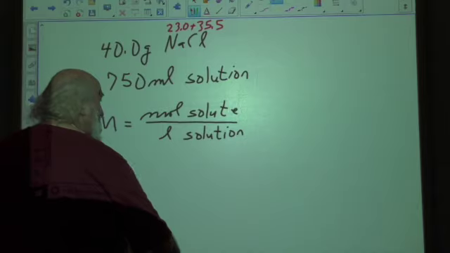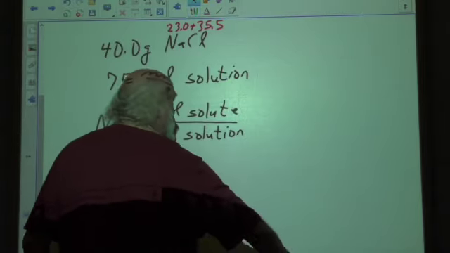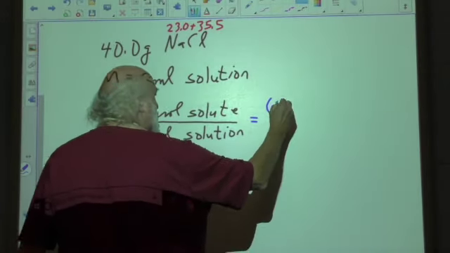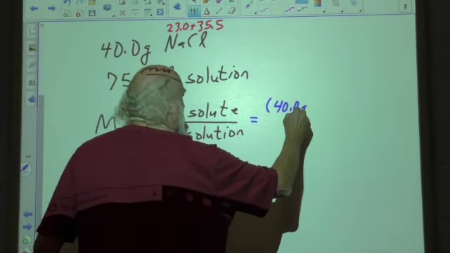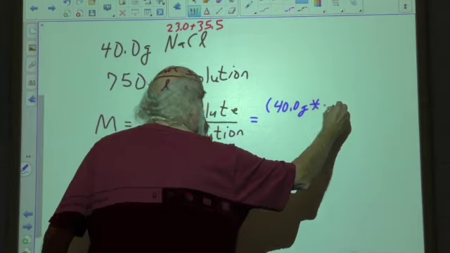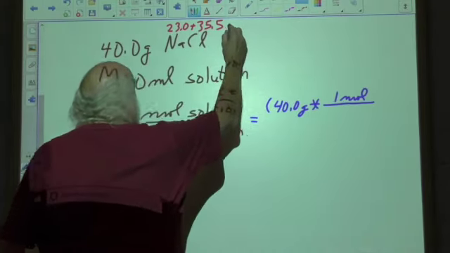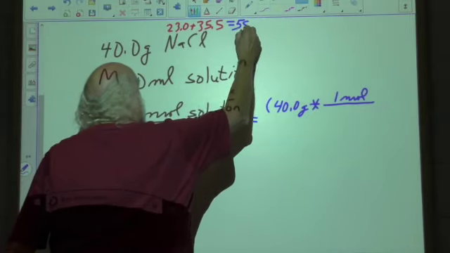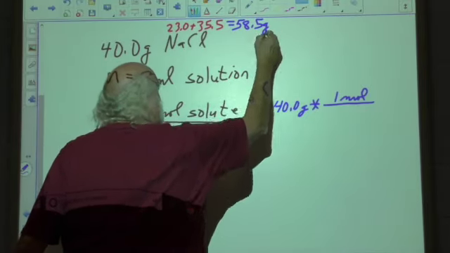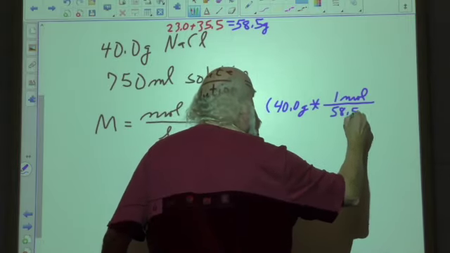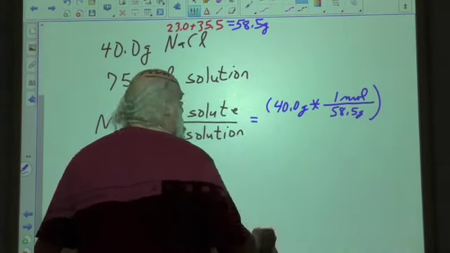All right, so our numerator then is going to be equal to 40.0 grams times the fraction 1 mole over, and then if we add this together, we get 58.5 grams. And that's going to go right down here, 58.5 grams. Over,